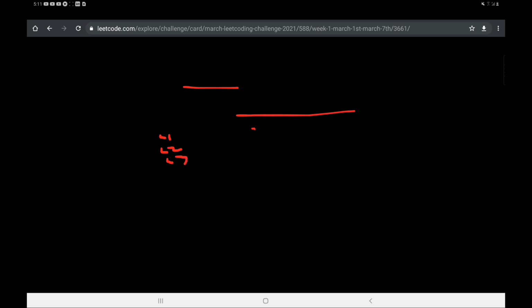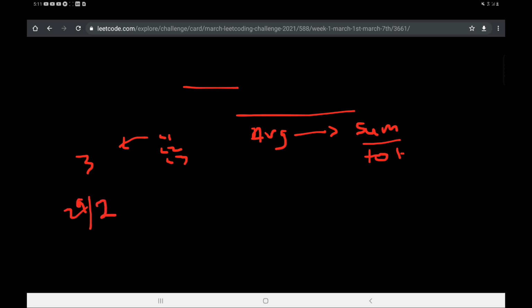The average in any case is the sum of the elements divided by the total number of elements. As you all know, this is average. So in this it's 3 only, then it's 29 and the number of elements are 2, so it will be 14.5, and so on. So this is the question given to us, and one more thing given is that the value is in the range of a 32-bit signed integer.